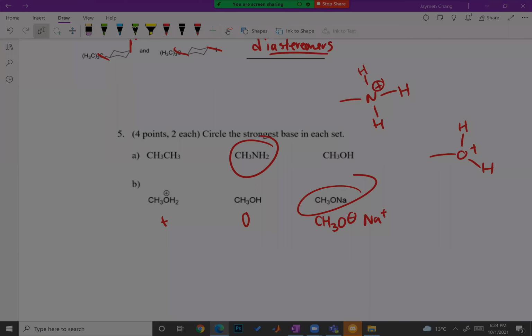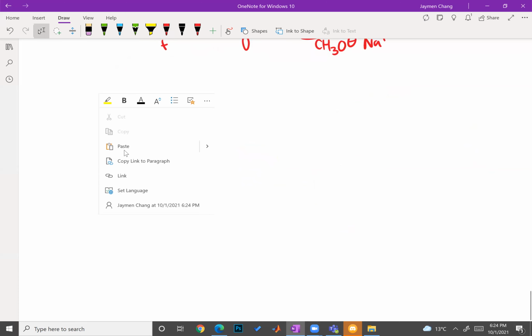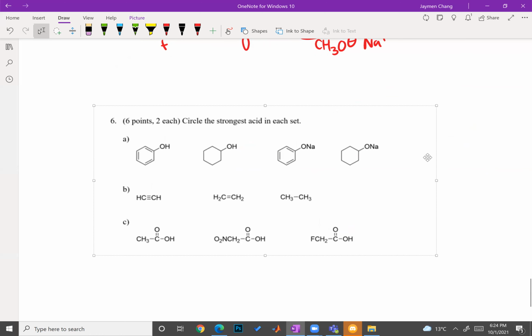We're going to do the same thing now with acidity. Basicity and acidity are quite related. It's just that when we're evaluating basicity, we add a proton, and when we're evaluating acidity, we remove a proton. Notice how right off the bat, we can see that if we remove a proton,